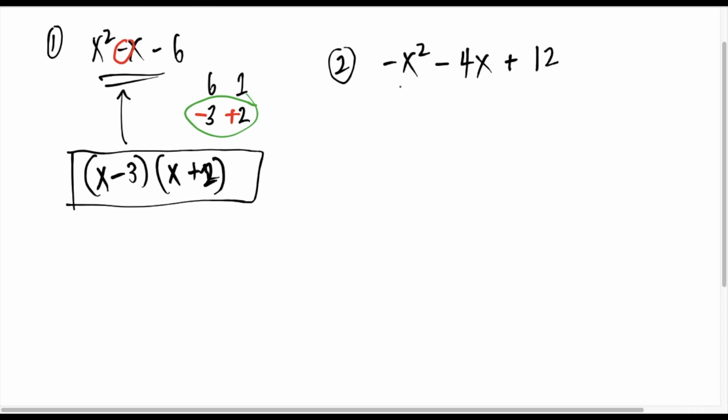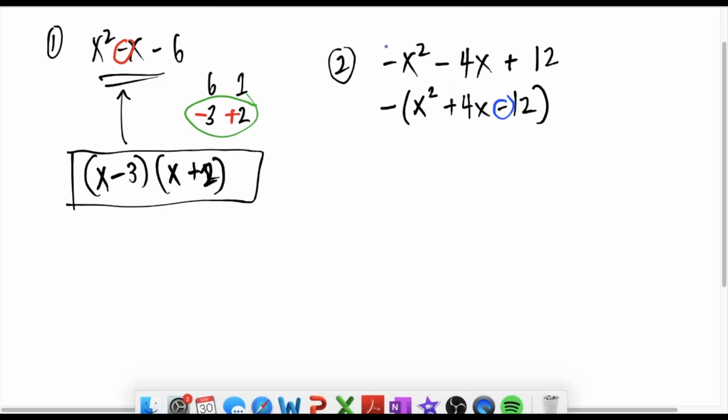How about if we have this one? Since negative yung x squared natin, ibig sabihin, i-factor out mo natin yung negative 1. We will have x squared. Ito magiging positive. Ito magiging negative 12. Okay? So, take note,